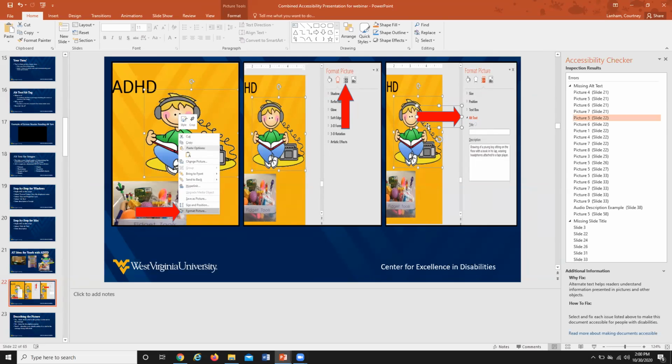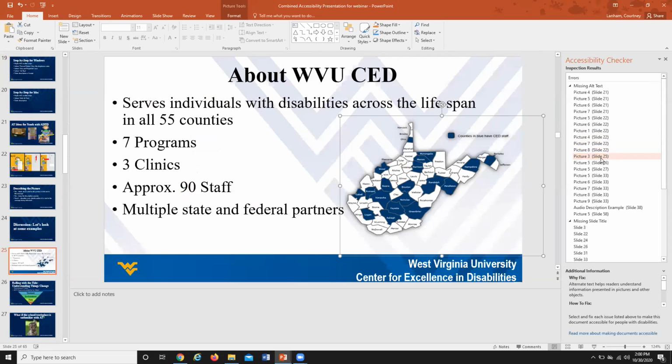So this is one way that you can find these things. This is another way where you're going to find some of those weird images, like those floating lines that sometimes get stuck in a background that is just part of the template that you're using. It can get really annoying at times, but you want to make sure that you